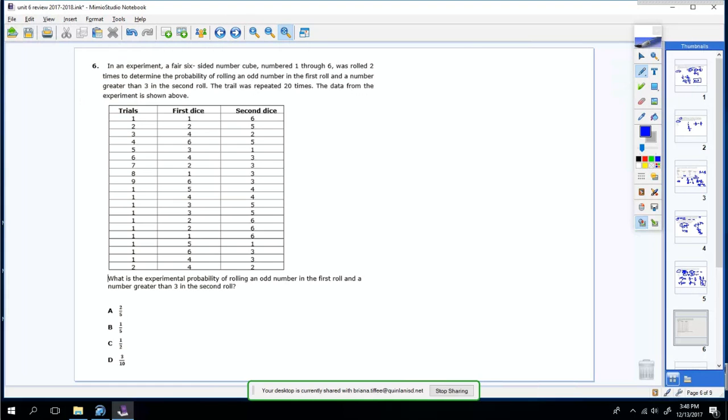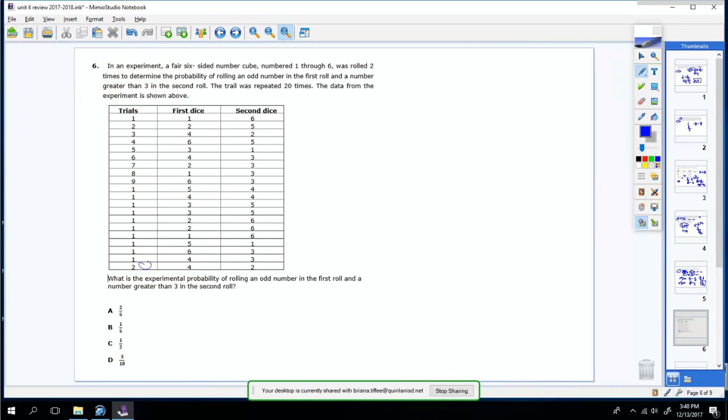determine the probability of rolling an odd number in the first roll and a number greater than 3 in the second roll. The trial was repeated 20 times. The data from the experiment is shown above. So this is actually 1 through 20. I ended up squishing the chart a little bit too much. So what's the experimental probability of rolling an odd number in the first roll and a number greater than 3